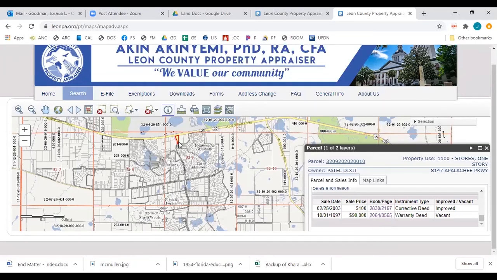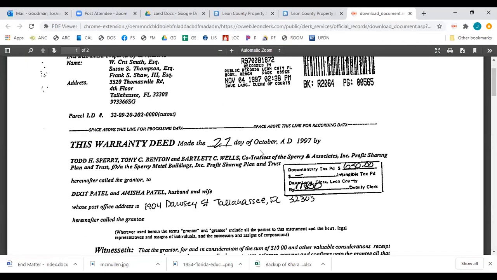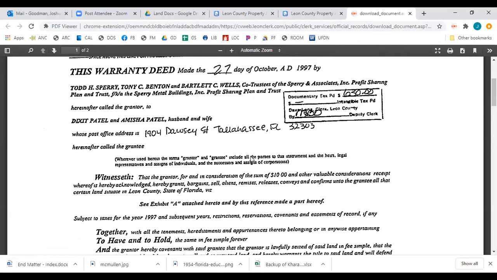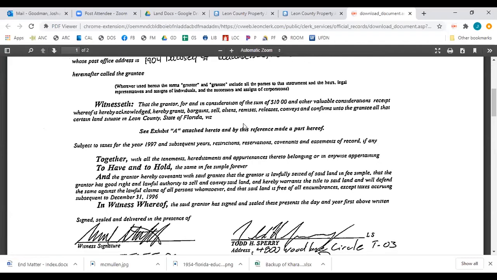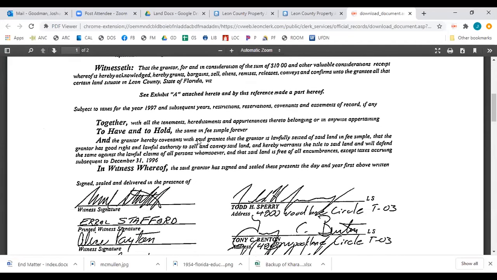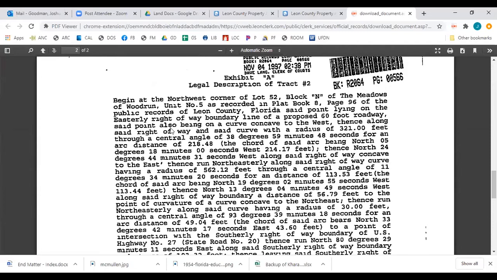I want to see if I can get a little bit better legal description for that parcel. So I'm going to click on this deed from 1997 and see what it says. Now, this is essentially a 20th century version of that same chicken scratch handwritten federal land patent that we were looking at earlier, because it is going to have a legal description of some sort attached to it. All right. Here we go. And legal descriptions, if you haven't noticed, have gotten a little bit longer because we no longer use those square pieces, those aliquot parts to measure systems here.